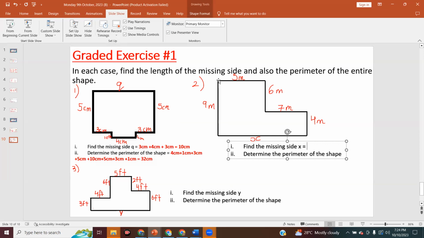We're gonna add what? Add 9 and 9? Trying to get X here. 5 plus 7. We're gonna add what? 5 meters plus 7 meters. Okay. And the reason why it's 5 plus 7 is because if you look carefully,